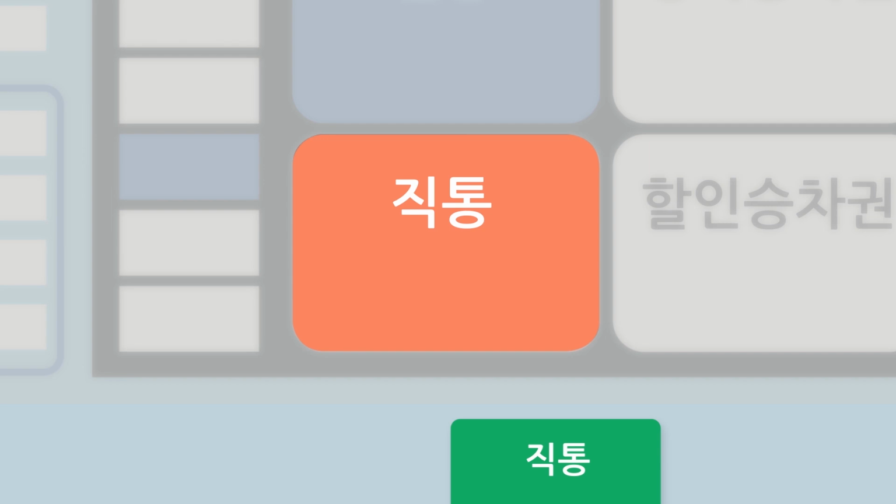The option on the bottom left is for an express ticket. 직통,